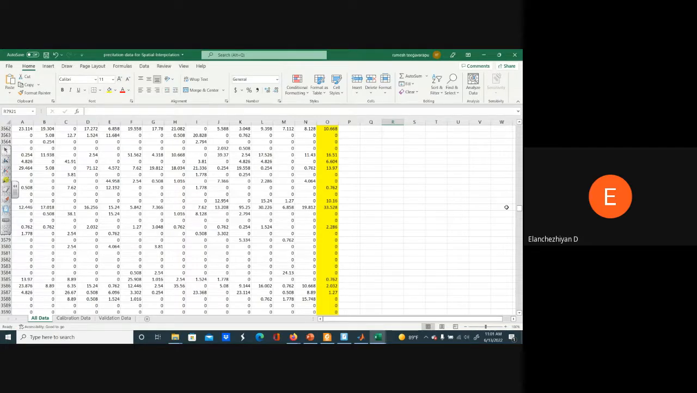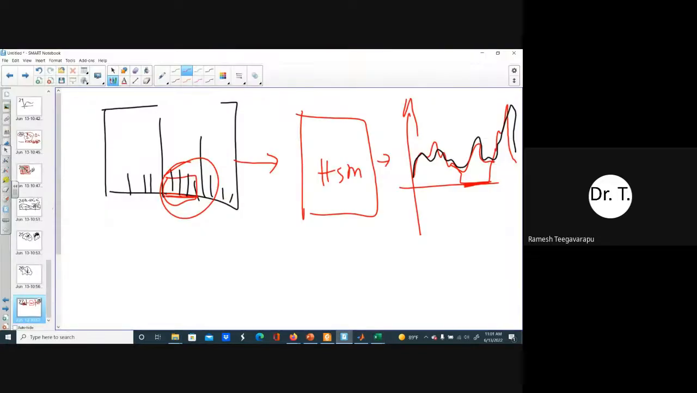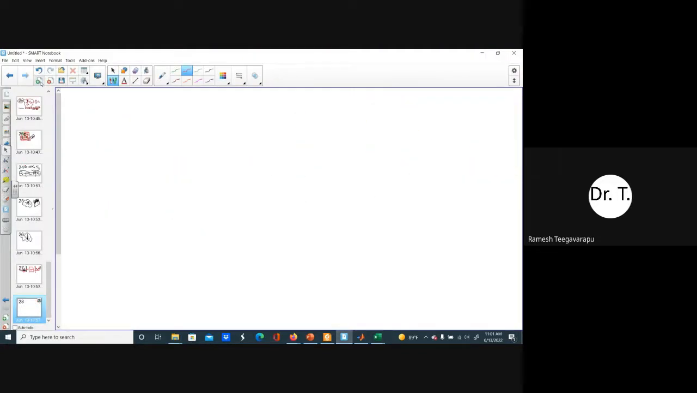75-25, sir. 75-25 or 70-30 or 60-40. Nobody has any perfect rule for that. The only thing we need to make sure is that if you are taking a chronological